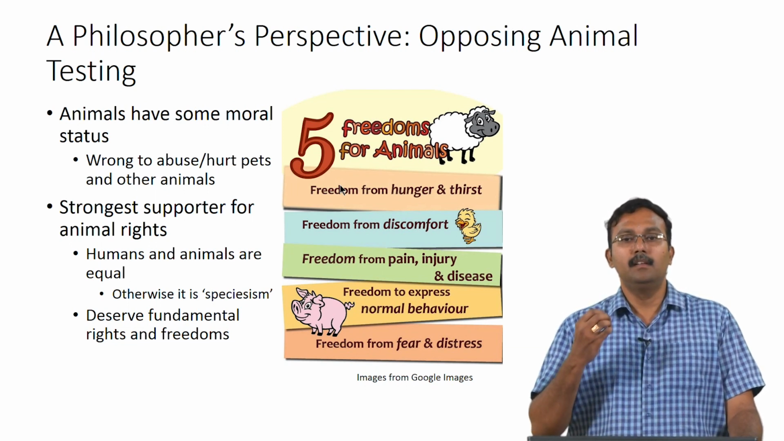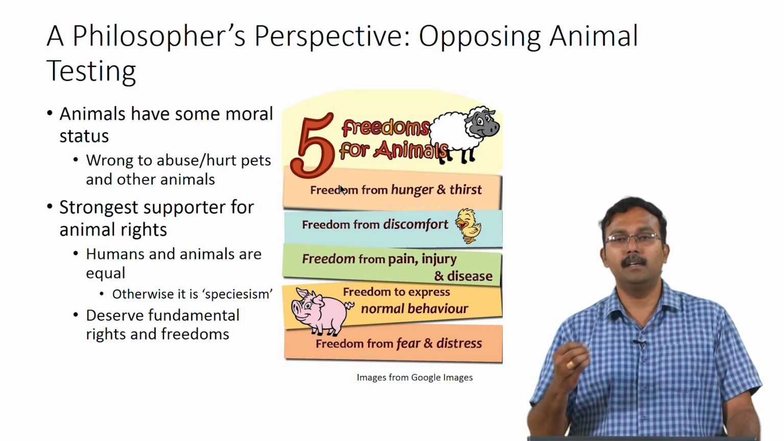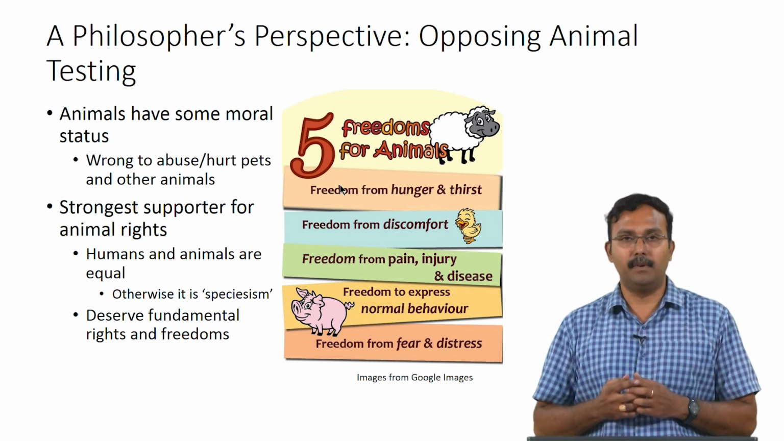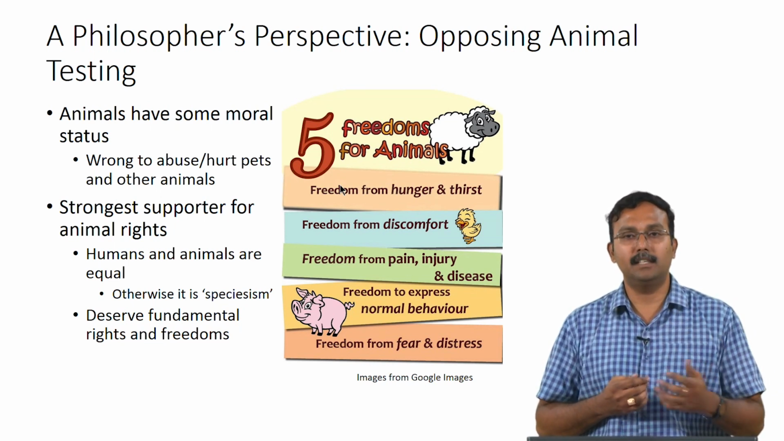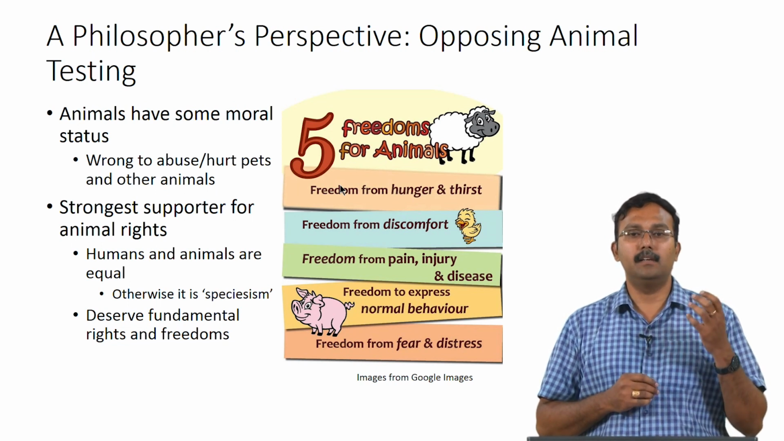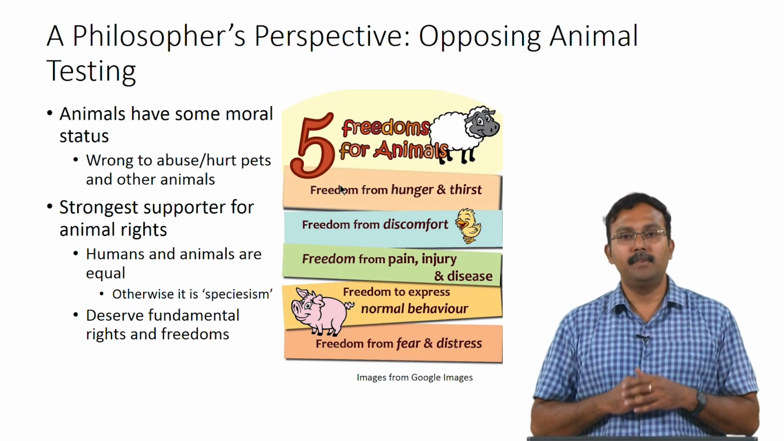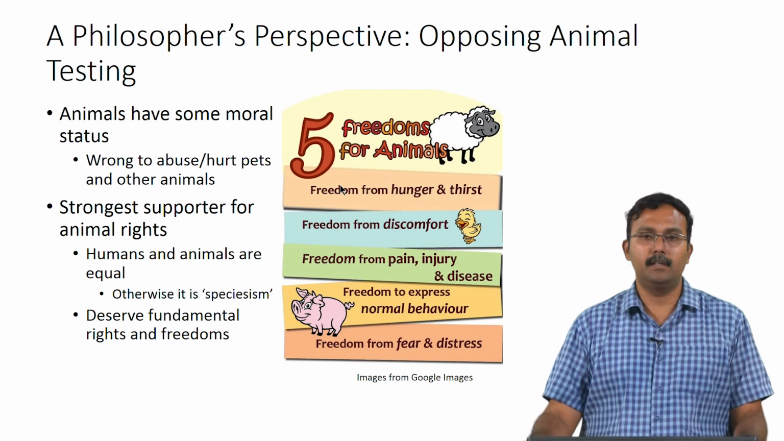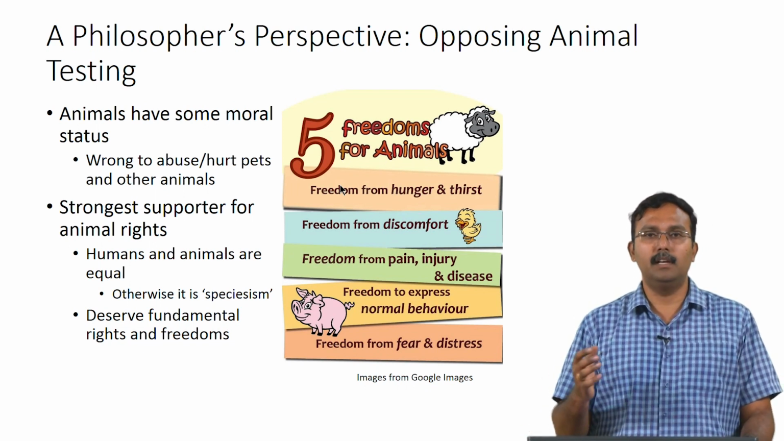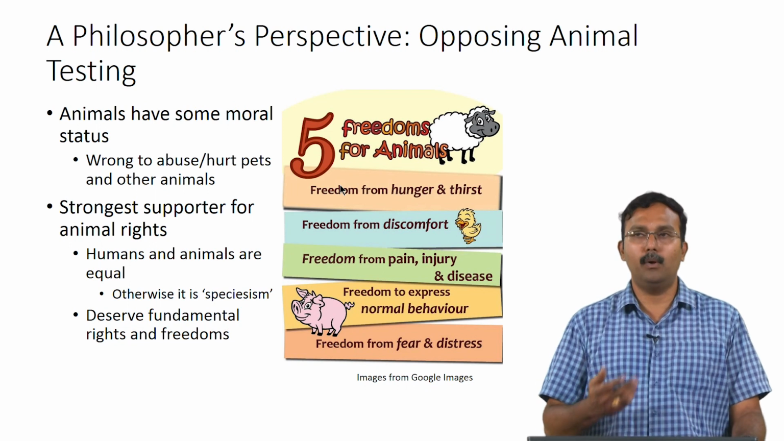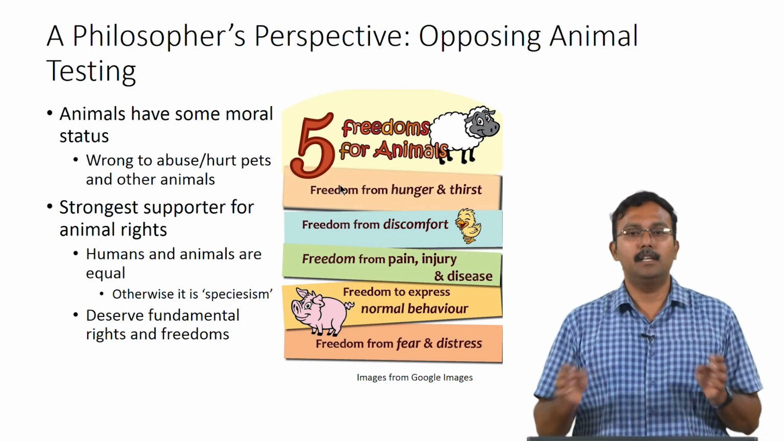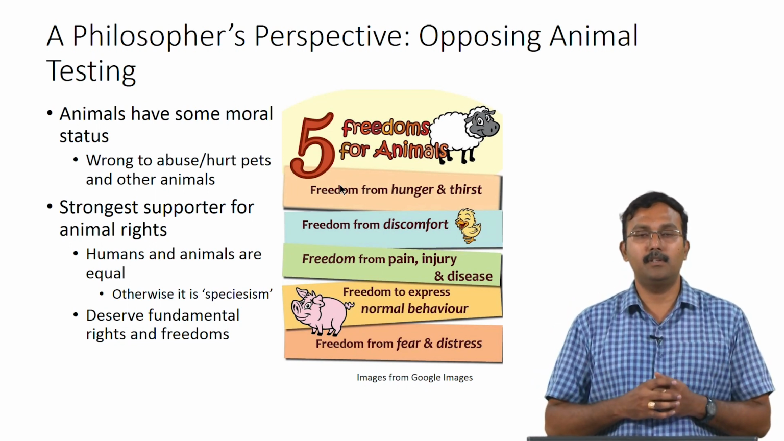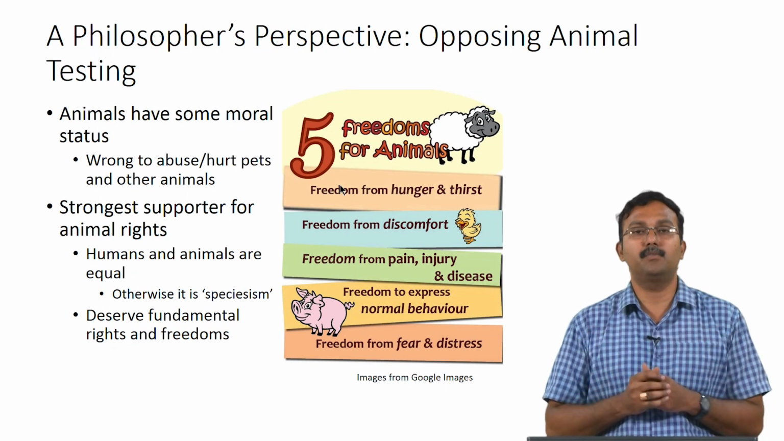would be, they need to have freedom from hunger and thirst, which means they should get food and water. They should have freedom from discomfort. So, we should not be causing pain and suffering for the animals. They should have freedom from pain, injury and disease. They should have freedom to express normal behavior. So, whatever an animal would do regularly or as a normal animal should be allowed, we should not interfere with it. There should be freedom from fear and distress. They should not be forced into something, they should not be in a fearful environment, a distressful environment should not be